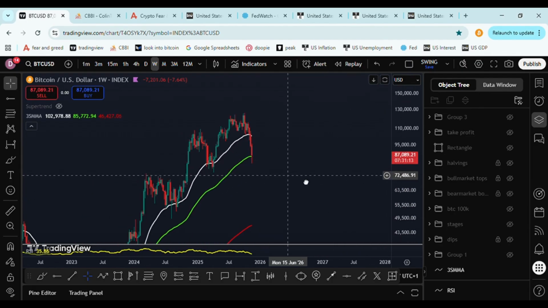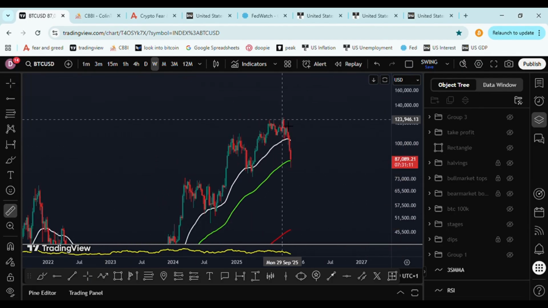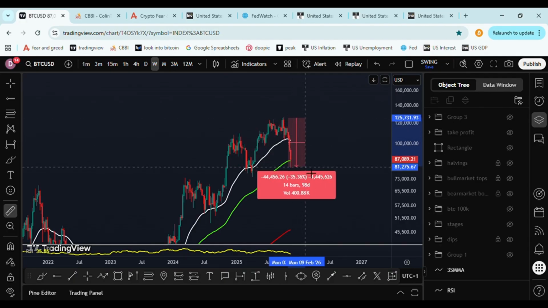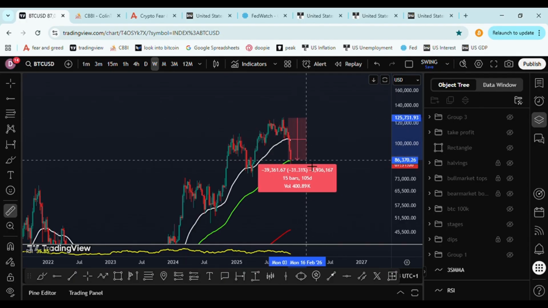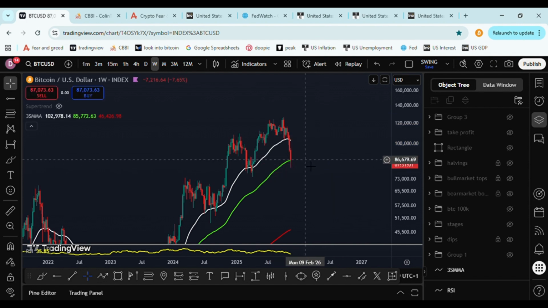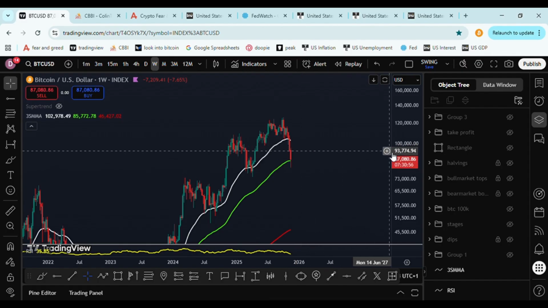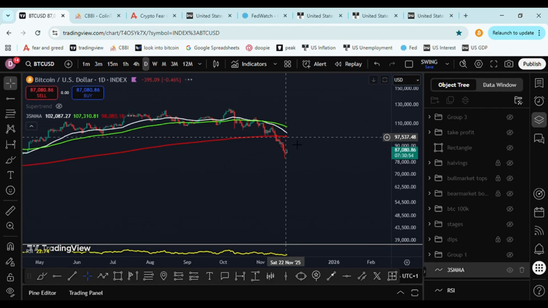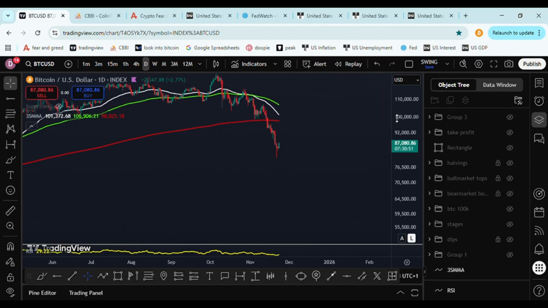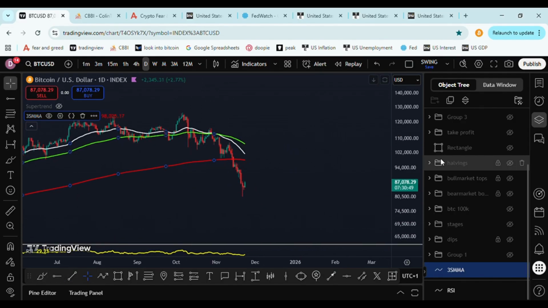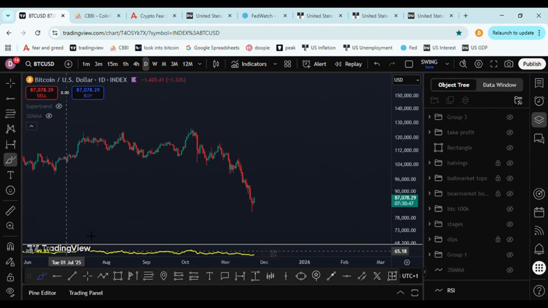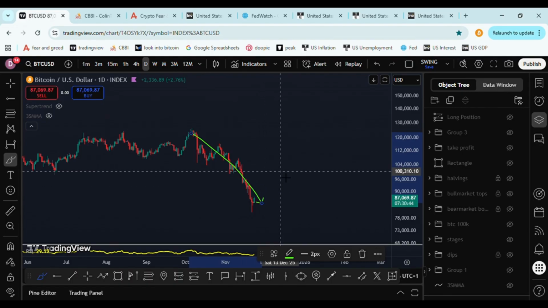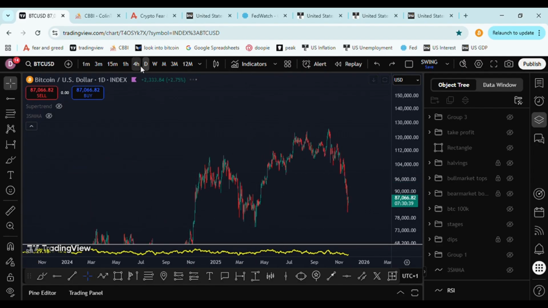But right now I would not sell. We've dropped by 35%. Right now we're at minus 30%. I'm not going to sell anything right now. I've got some cash on the sidelines that I'm not investing yet. I'm going to see how the macro environment develops and how this price is going to develop. Right now it doesn't look like we're changing this recent downtrend. To me it looks more like we're starting the bear market and continuing the downtrend for some time.